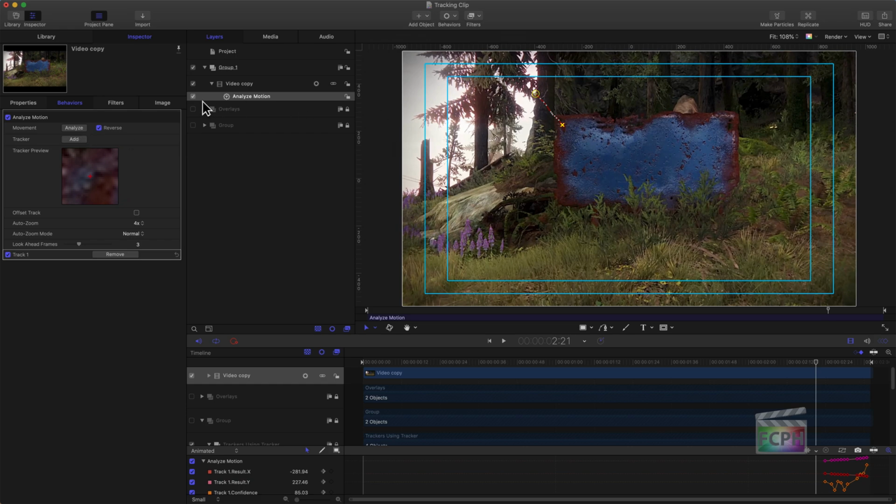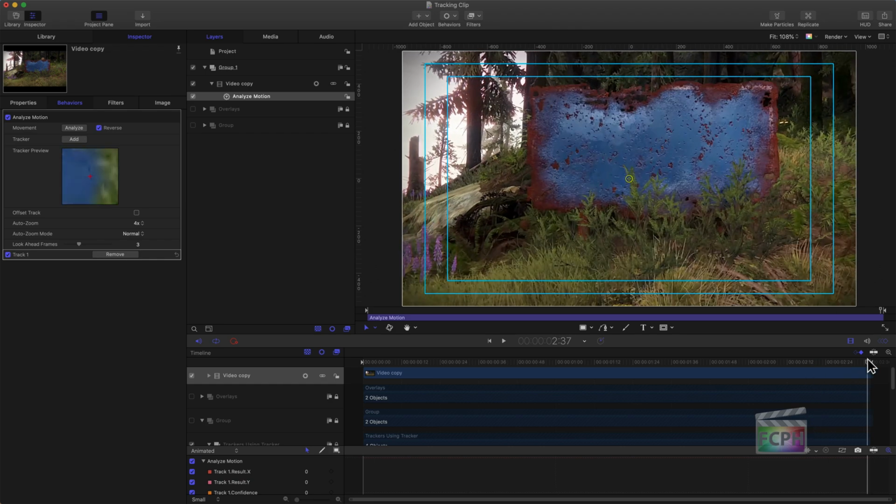I'm going to go and reset this and try this again. To reset a tracker, next to the track 1, just hit the little reset button here. It's kind of like a U-turn icon. Just click that and it resets it. We'll go back to the end of the project using the playhead, and then I can move this to a different spot. So that hole at the top left maybe it's too big, so let's try another little spot here,